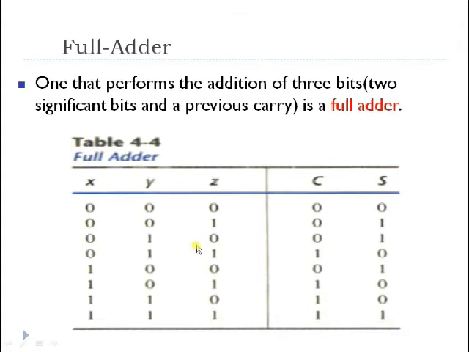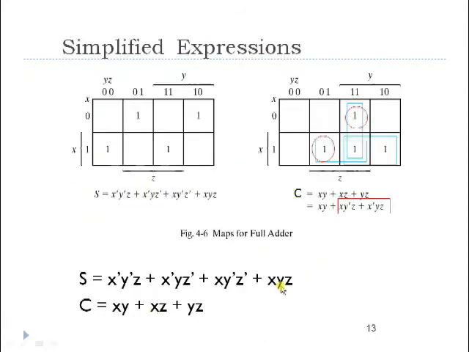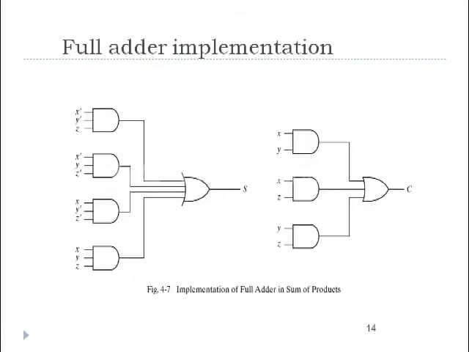Now as we have got the truth table, we have to get the expressions for C and S by plotting these minterms on the K-maps. I have plotted the minterms of C and S on the K-map, then I got this expression for sum, and this is the expression for carry. Now this is the implementation of sum and carry with logic gates. You have 4 minterms, therefore 4 AND gates, and they are ORed to get the sum function. There are 3 minterms, therefore 3 AND gates in the carry, and they are ORed to get the carry function.